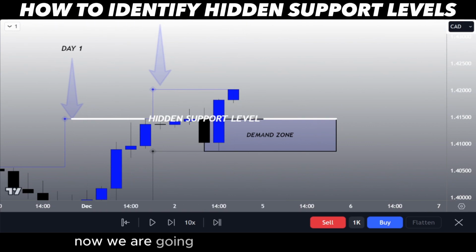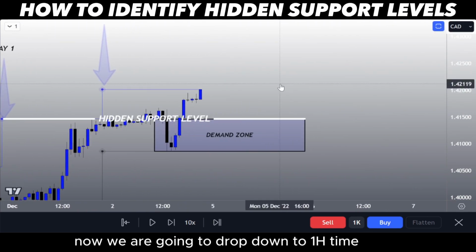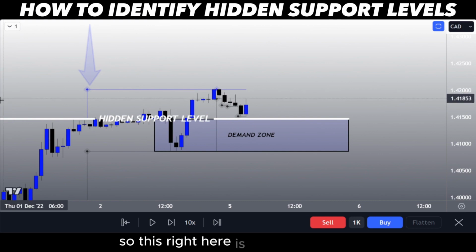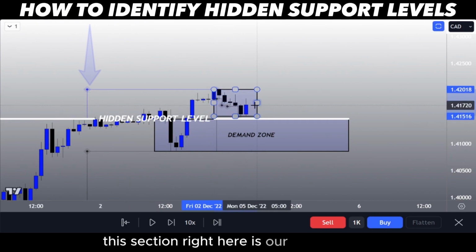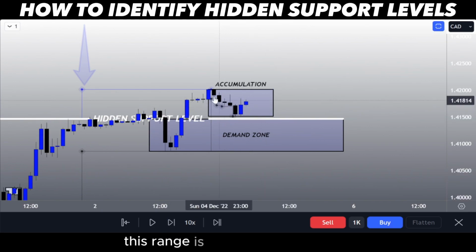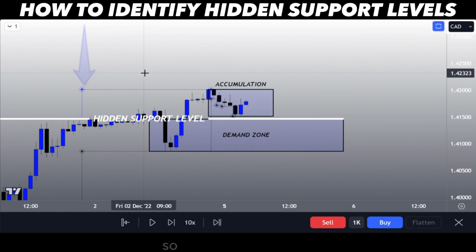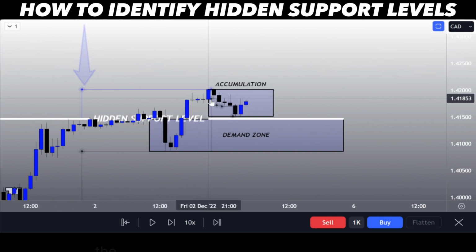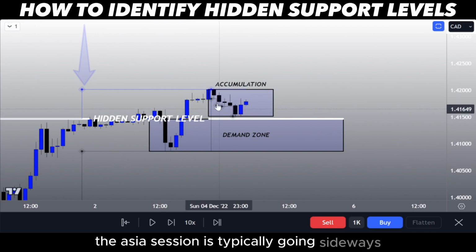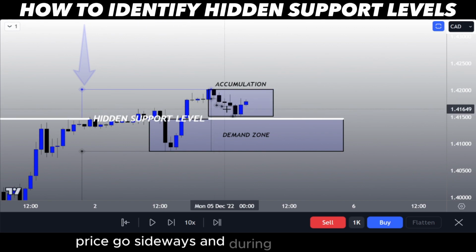Now we are going to drop down to 1H time frame. This section right here is our Asia session. This range is our accumulation box. Price consolidates, accumulates by going sideways. This is EuroCAD, so it is a European pair. The Asia session is typically going sideways, and during the London session, price dips to the downside,